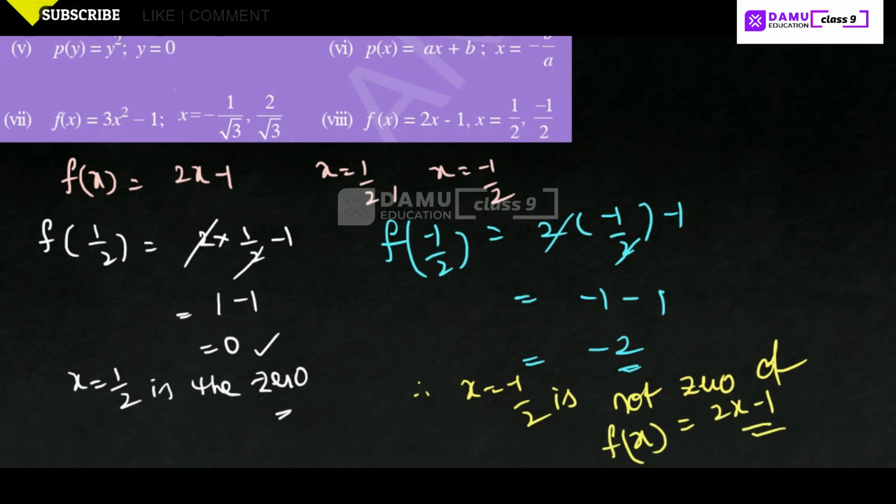So how to find zeros is, if you equate the given polynomial with 0, then as usual we will